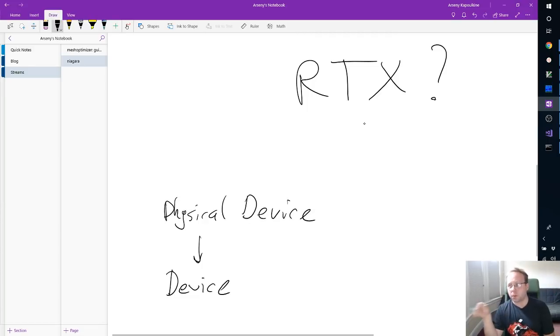A physical device corresponds to a GPU. Like if you have 5 GPUs, hope you don't have 5 GPUs, but if you have like 2 or 3 GPUs, which can happen, then generally there's a physical device per 1 GPU. And then from a physical device you can create a logical device, or just device, and there's a reason why